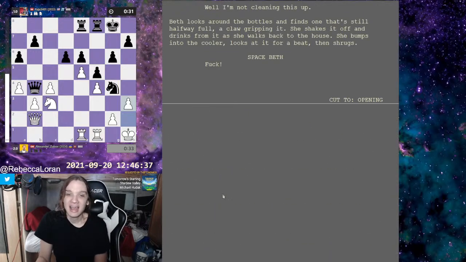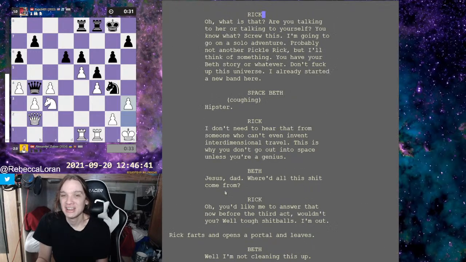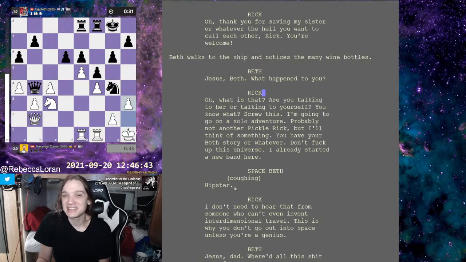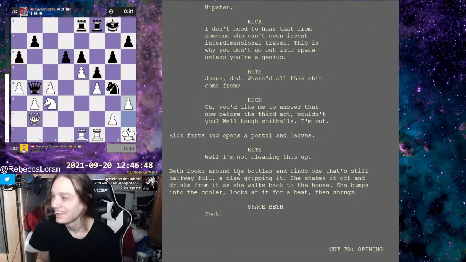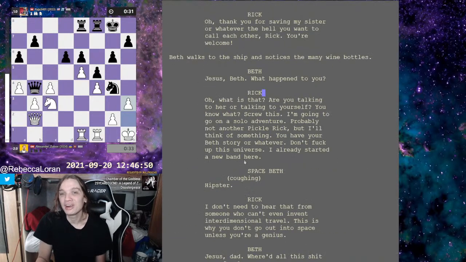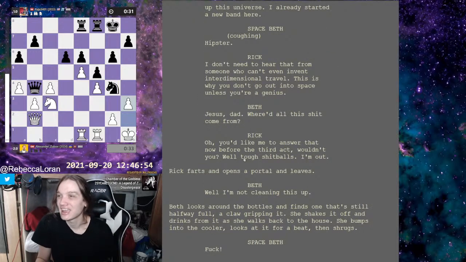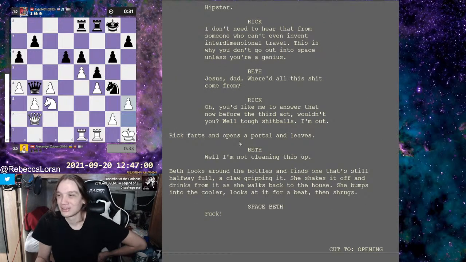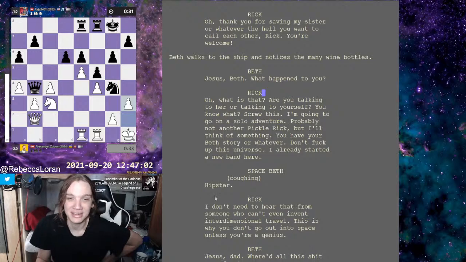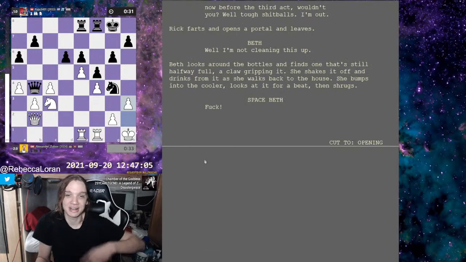And I think the B story is obviously Rick's solo adventure, and every now and then a C story of Rick and Summer watching interdimensional cable. Or I could just have that be the B story, and then at the very end Rick comes back from his solo adventure and he's just like, "Fuck you." That might be it. I don't know, I'm trying to figure it out. I don't know if I want to work on that today. We might, but